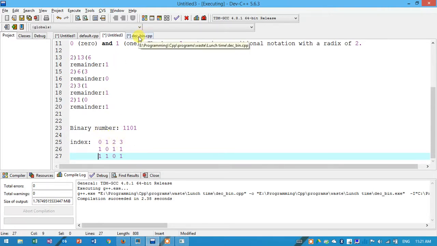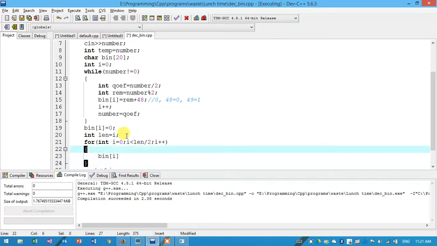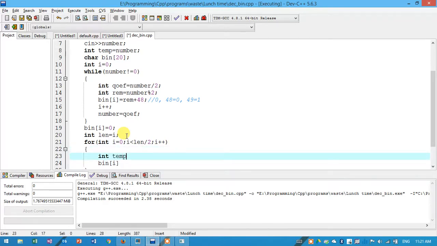As I already said in the palindrome program, we have to swap between bin of I and temp equals to bin of I. This is a swapping program.